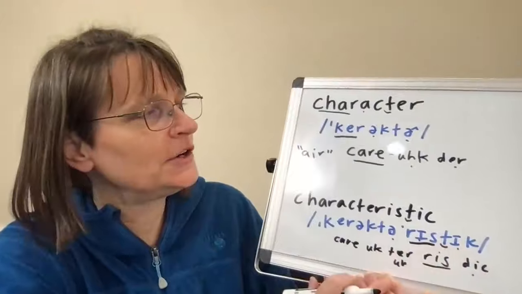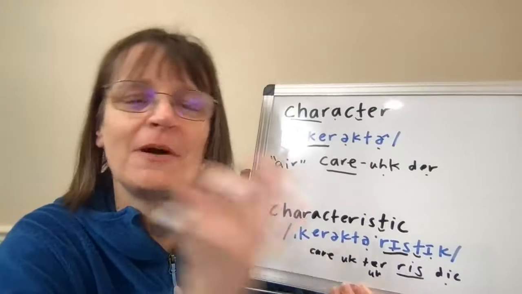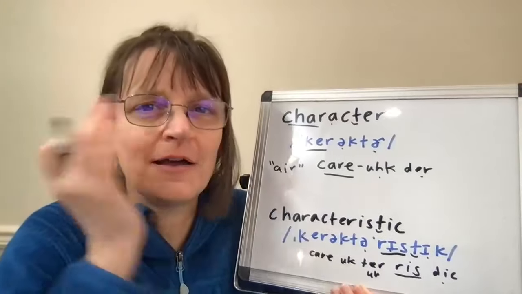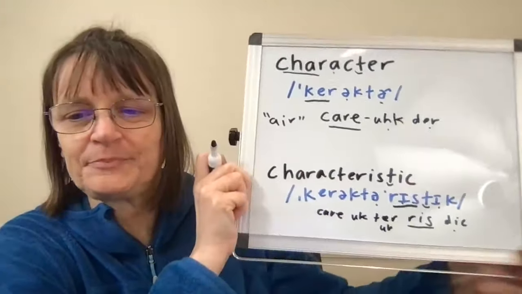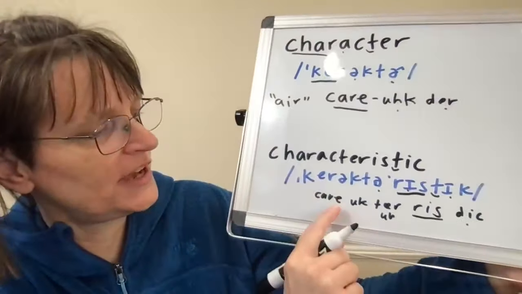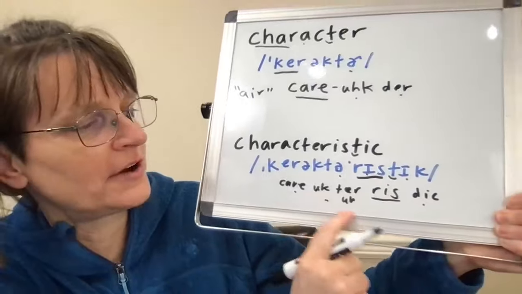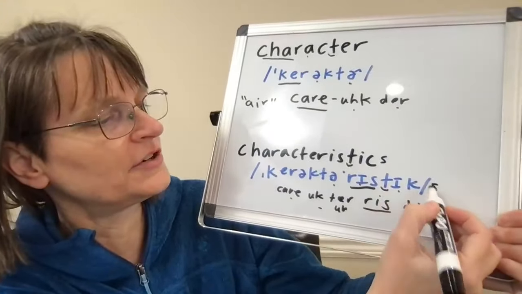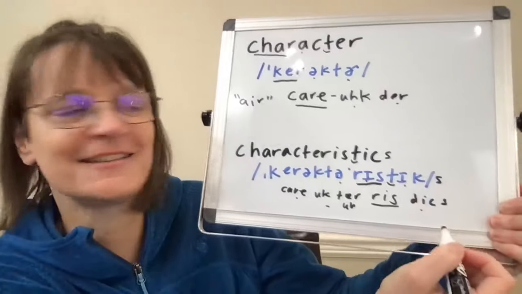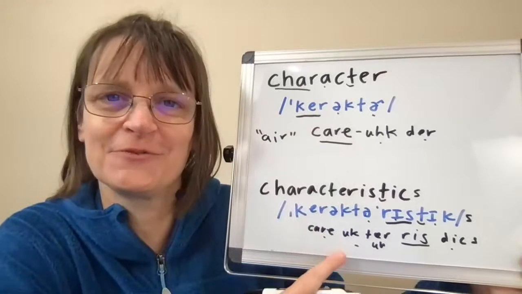That's why we learn and we write out what the sounds are in the word, and then I also respell them in a way that your eye and your brain may recognize the pronunciation a little more easily. Okay, so let's break it down one more time. We have the short syllables and our long syllables, characteristic, or if I have the plural, characteristics, I just add the S sound. Once I can say character and characteristics,